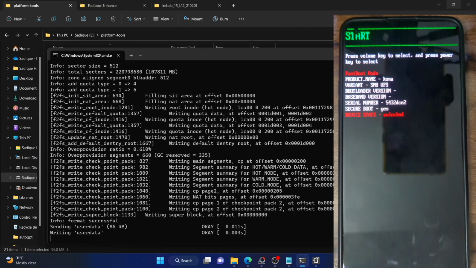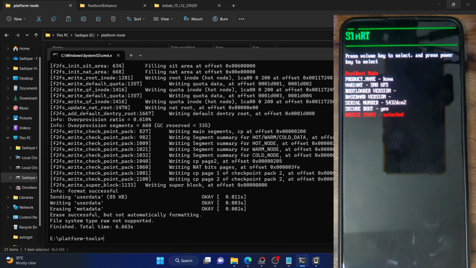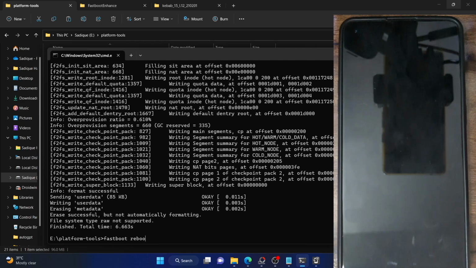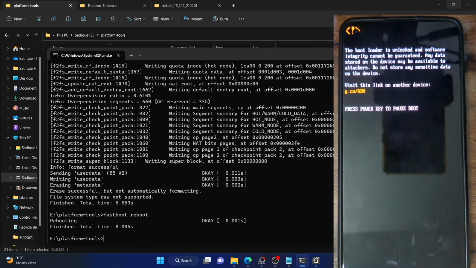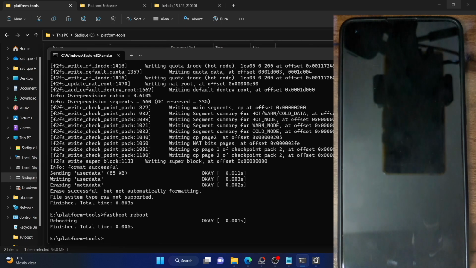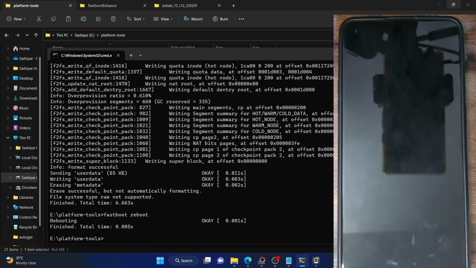Once the wipe has been done, so let's just wait. As you could see, the wiping has been done. I will again recommend you to try the fastboot reboot. So let's see if our phone boots to the OS. In my case, I am quite sure that it will not boot to the OS because I have flashed a custom ROM, and in flashing a custom ROM, if you have obtained a boot loop, then simply doing a format data might not work. But still, let's verify the same and check out the result in this case.